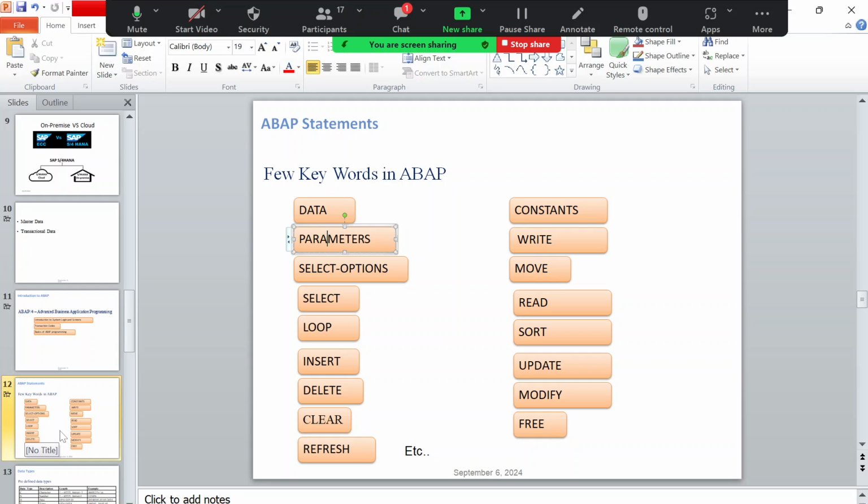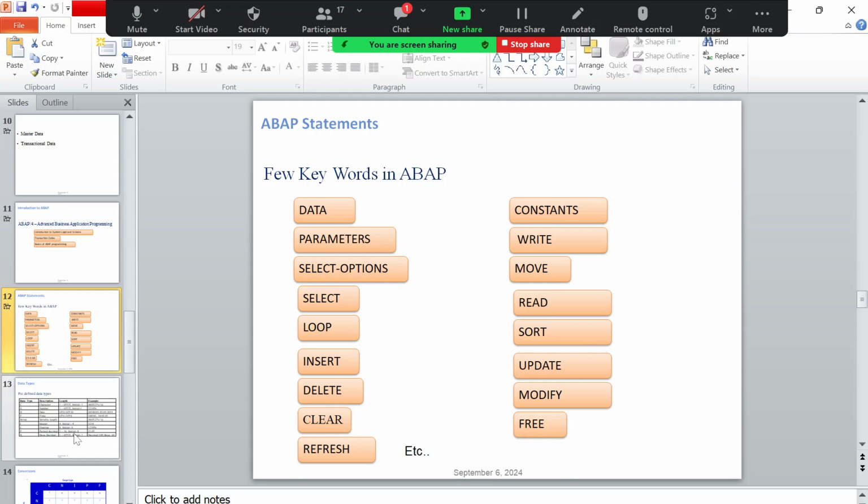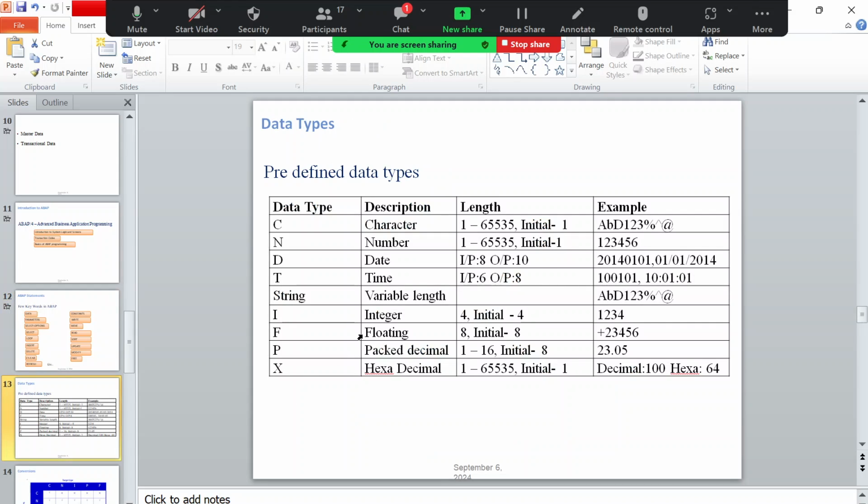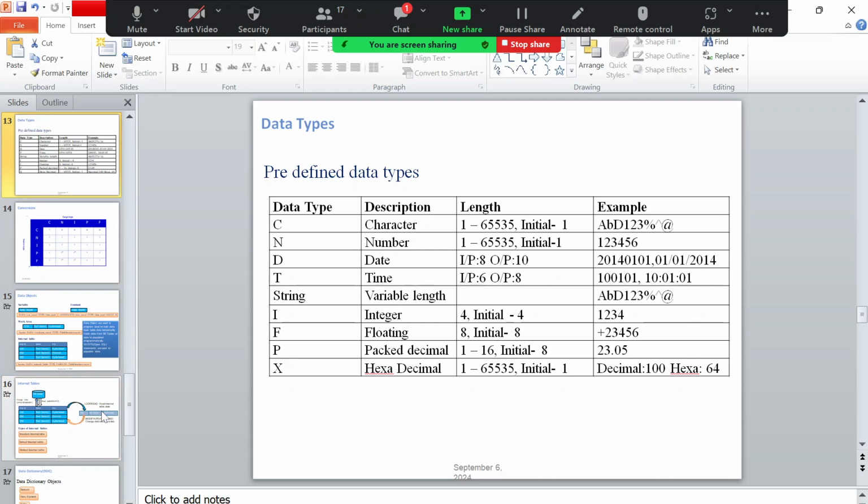What is the transaction code to create a program? SE38. What should be the name? What is the mandatory rule to create a custom program? To start with a Z or Y. Yeah, the program name should start with Z or Y, since we are creating a custom program. And these are the data types which I have already discussed. Now,